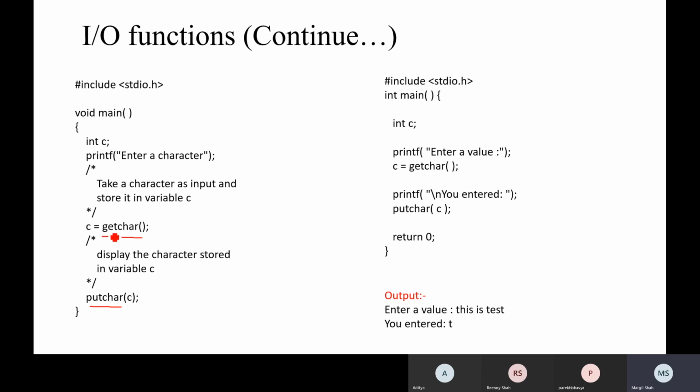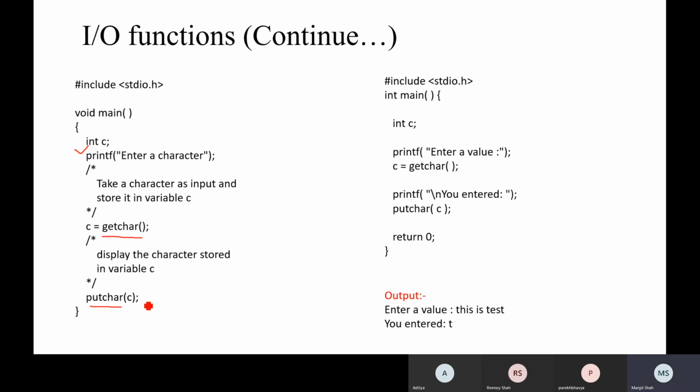Scanf, then the control string for a character or integer, right? Here they have taken integer as a data type and try to scan the character. So fine, if you entered, like, 5, it will print the character 5, because now 5 is not an integer, 5 is a character.